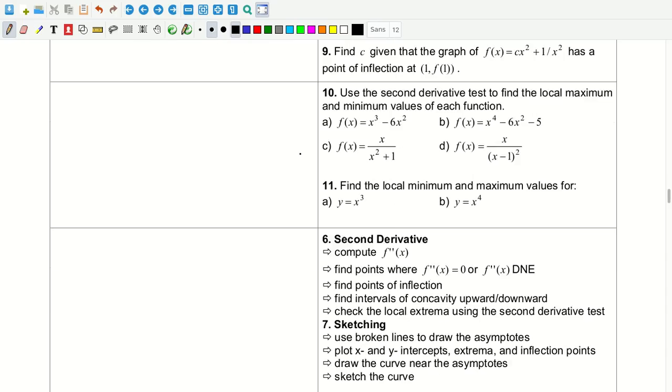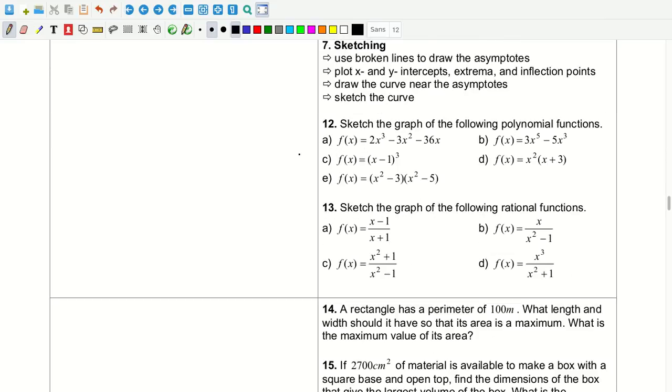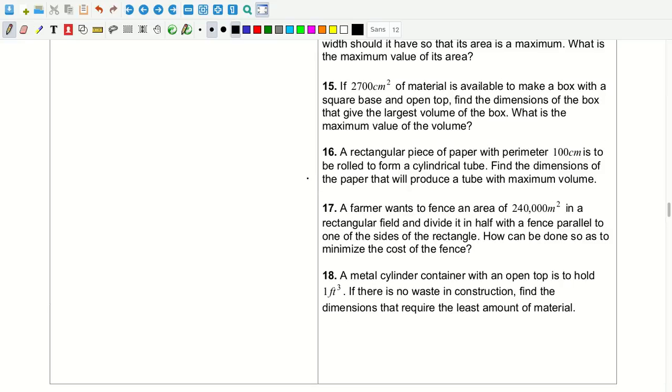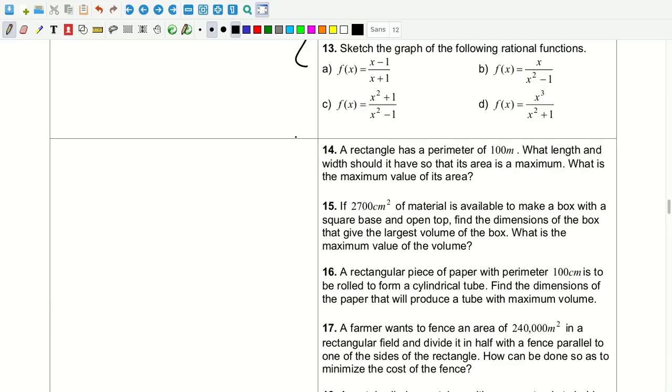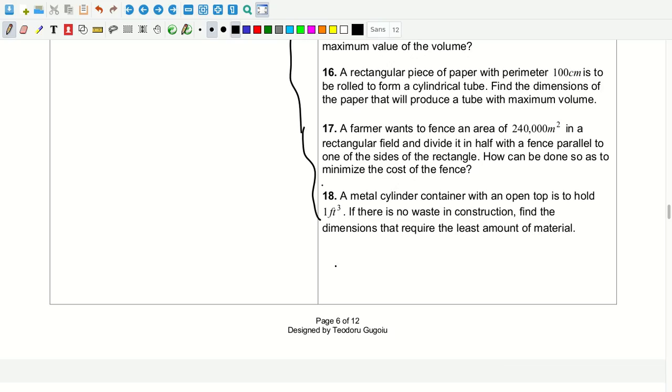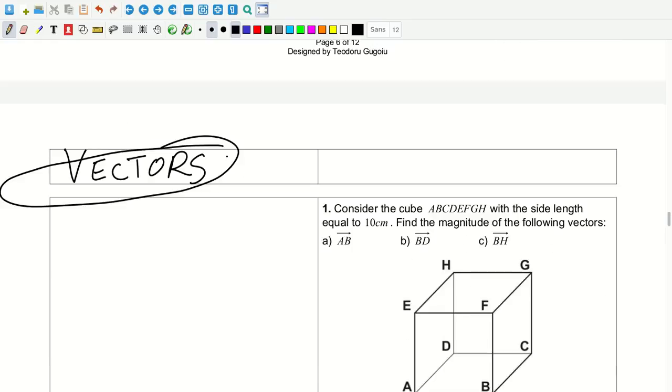So yeah, and then curve sketching. I think I'm gonna skip this stuff because it's tedious. And then my last video on calculus in general, given this package, is going to be on questions on optimization, which are always fun. And then this is again what I've been waiting for, to start on vectors, but I want to finish through